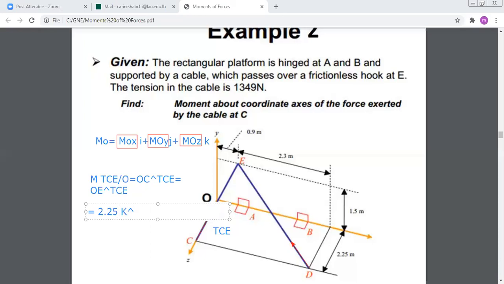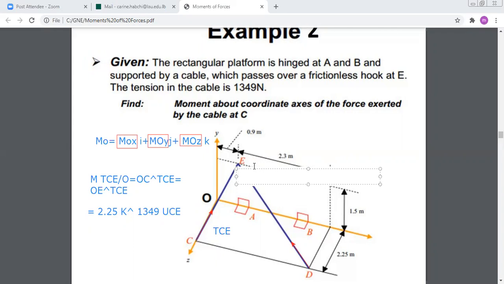vectorial TCE. Now, what is vector TCE? By definition, vector TCE is the magnitude of TCE times the unit vector of CE. So the magnitude is given here, so I will replace it by its value, 1349 Newton, times the unit vector of CE. Okay? And now to find the unit vector of CE, it's very simple. All I have to do is to find the coordinates of C and E. For C, I already know that it is